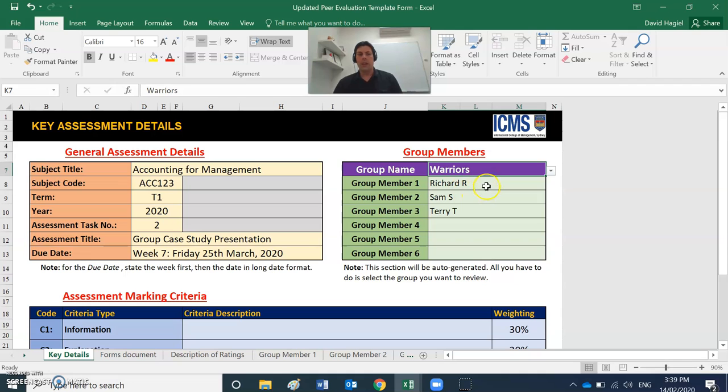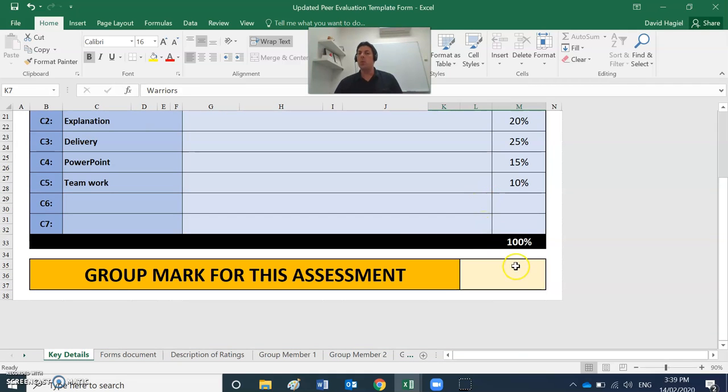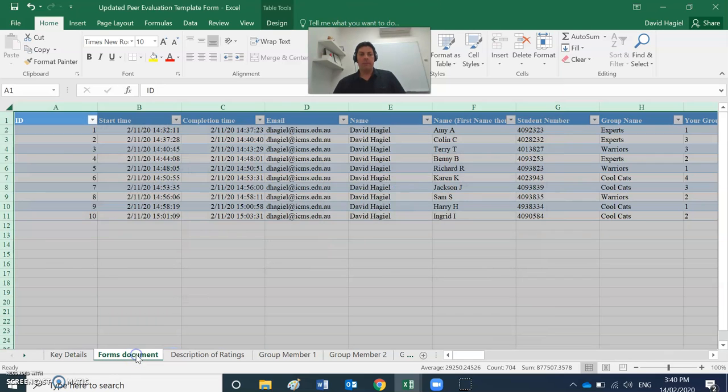The last thing that we need to do with this particular tab is to give them a group mark for their assessment task, and let's just say, for argument's sake, that this group did a decent job and they got 68%. Okay. So in going through the other tabs that we have, form documents we've used, we don't need to worry